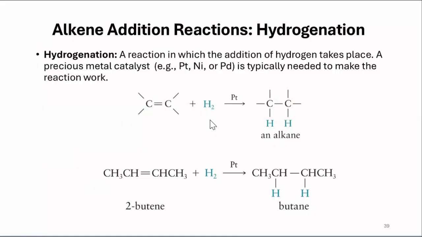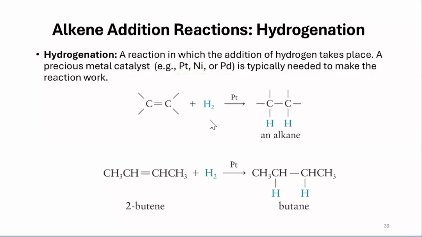The first type of addition reaction that you need to be familiar with is going to be hydrogenation. In hydrogenation, each of the carbons that used to be double bonded are now going to be single bonded, and each of them is going to receive a hydrogen. So alkenes are converted to alkanes via hydrogenation. This reaction needs a metal catalyst in order to proceed. So at times we see that these reactions are in the presence of platinum, nickel, or palladium